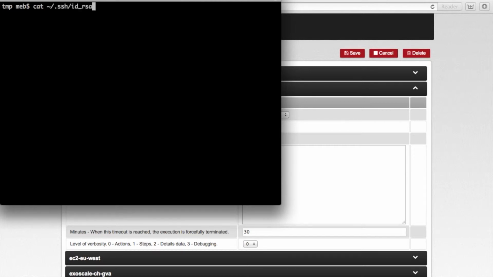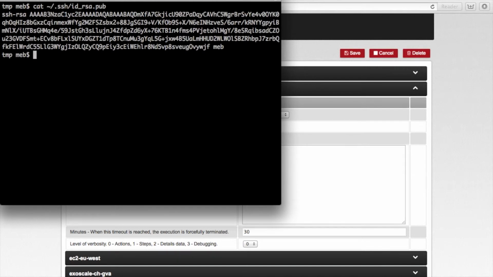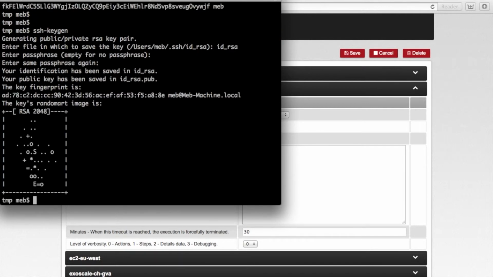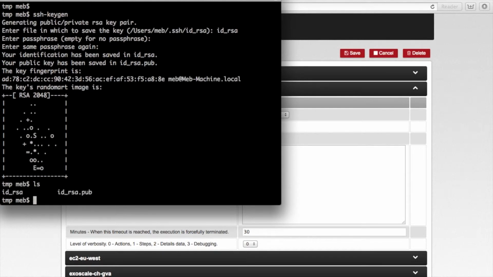I've switched gears to a terminal. Here's my standard public key that you can put in there. If you don't have one, then here's a quick reminder how to do that. You can type in ssh-keygen, and this will basically generate a new pair of public and private SSH keys. So you want to always keep hold of the private part. This is the secret that should never leave your machine or your infrastructure, and only put in SlipStream the public part,